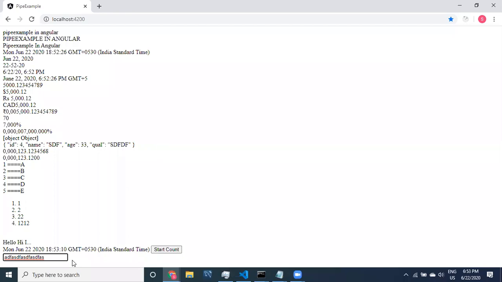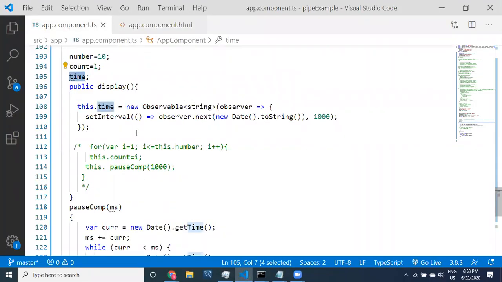Now to implement this, we have some code. Don't worry about it, guys. I will tell you very clearly and guide you on how to use this non-blocking. The main critical point is understanding blocking and non-blocking. If we have that understanding, then we can do all these things very easily.